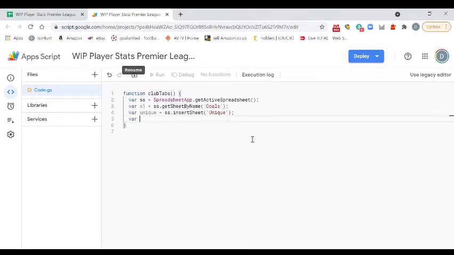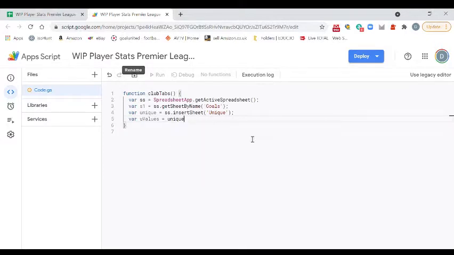Just trying to think. Usually I would just call this unique, but because I've already used unique, to explain my train of thought, usually I would call the unique that we've got here S2, and then when I'm writing the values here, I would call the values unique because they are unique values, but because I've already used that, I've got to call this something else. So I'm just going to call it uValues, and uValues is going to be equal to